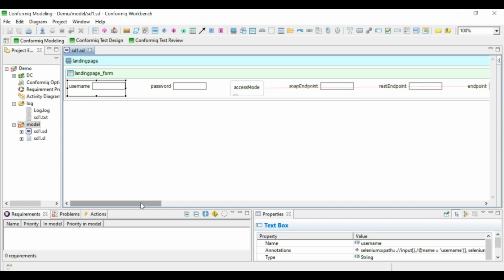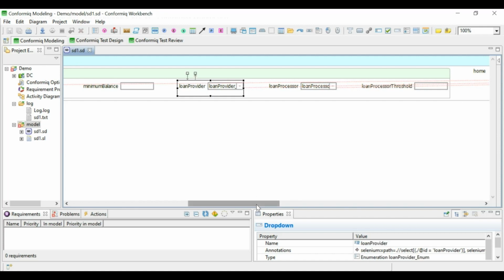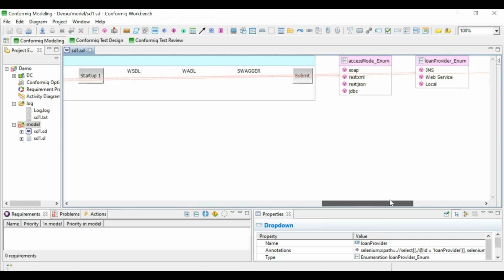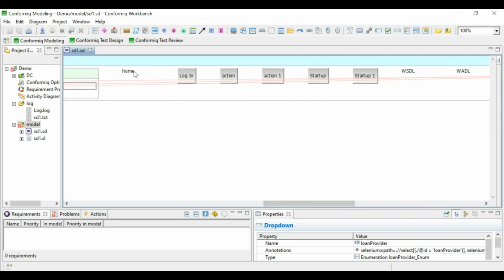Going forward, we see that even the drop downs have been implemented in a similar way, and the enumeration values are also represented, for both radio buttons as well as the drop down. Even the buttons and hyperlinks are represented in the same way as we observed in the website. So coming to the SL file,